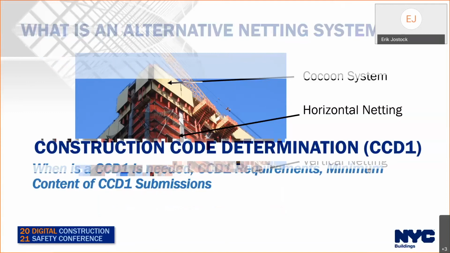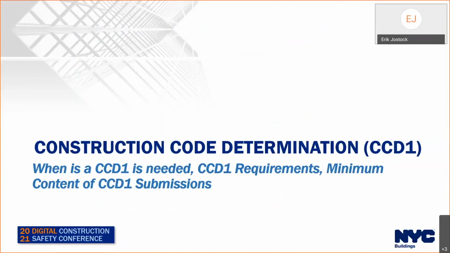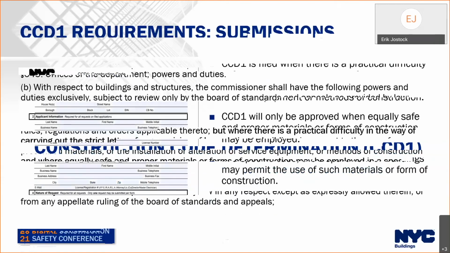Now we'll talk a little bit, that kind of segued into the next section of construction code determinations or variance requests. So, we've talked about a couple of examples of this already, where cocoons and climbing formworks are alternative systems to horizontal and vertical netting. Waivers of foundation removal and backfill are variances to the code, but you don't need a CCD1 because there's a memo that allows you to provide some extra notes on the demolition plan. So there are a number of examples of this. And it comes from